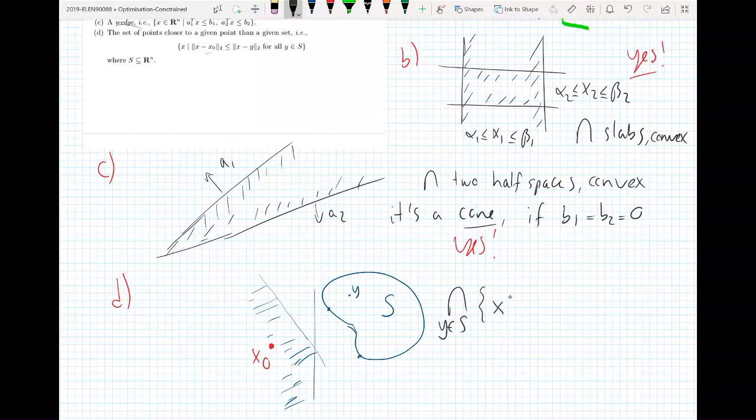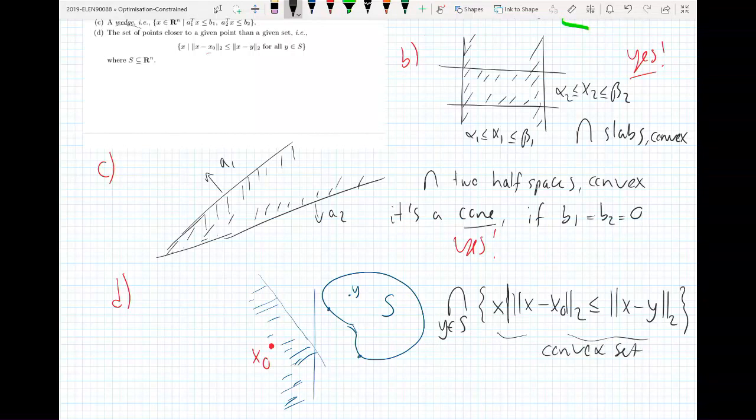So it will be then x such that x minus x0 distance, as we defined, is less than or equal to x minus y distance, right? Or if you square it, it will be the same. Distance square will be also the same thing. So, and then if you intersect for all points, you can do an infinite intersection in mathematics. It's not possible computationally, but mathematically well defined. So it is, this is a convex set